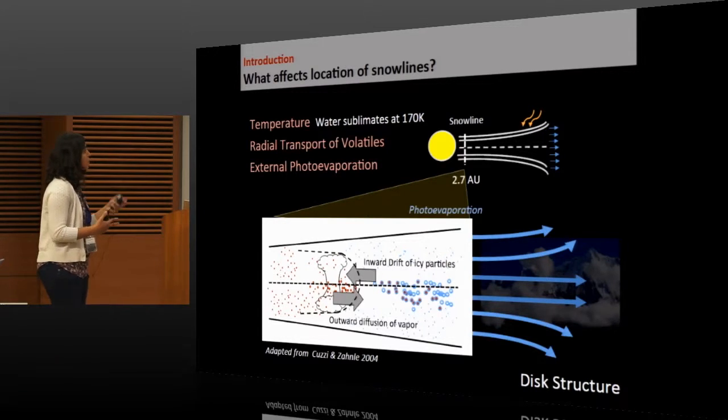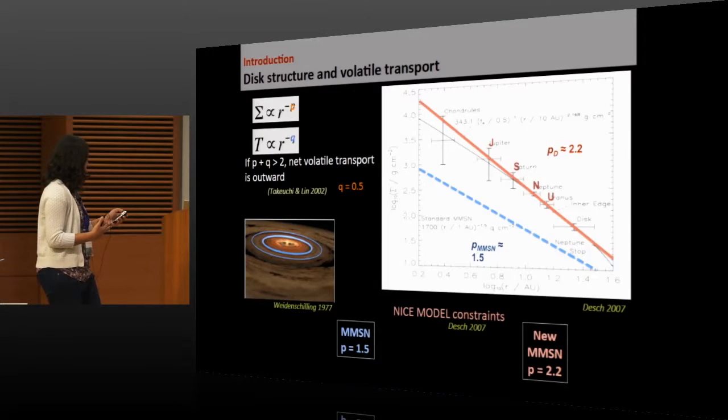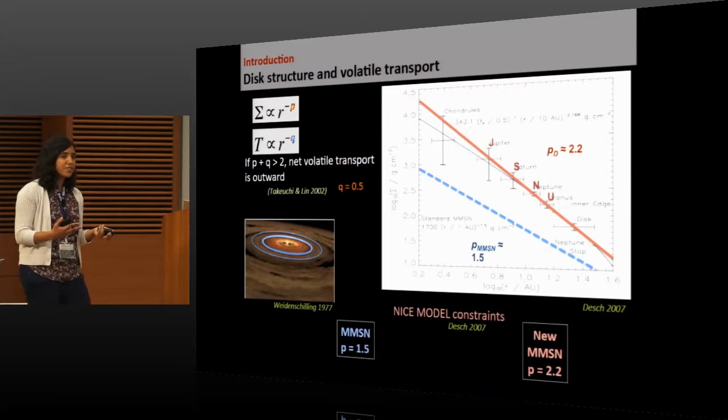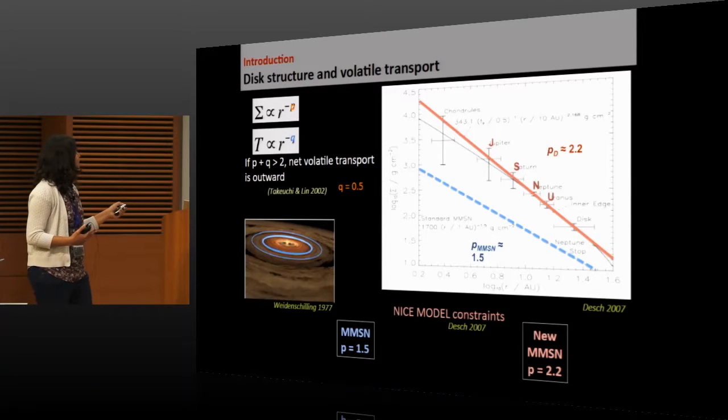What this project is about is that radial transport of volatiles would be intimately connected to the disk structure of the protoplanetary disk, and we probe the disk structure a little bit more. To very simply represent density structure in a disk, you call it a radial power law with an exponent of p. And this density structure would be intimately connected with the temperature in the disk. If you represent that as well as a power law with exponent q, we go back to a result by Takeuchi and Lin, who say that if the sum of these two exponents is greater than 2,